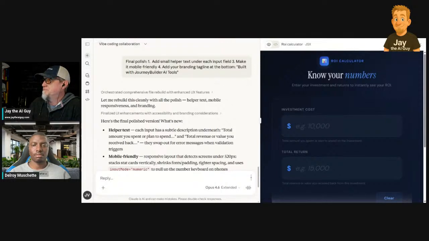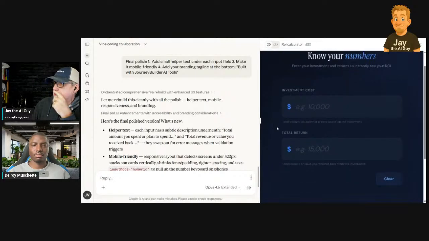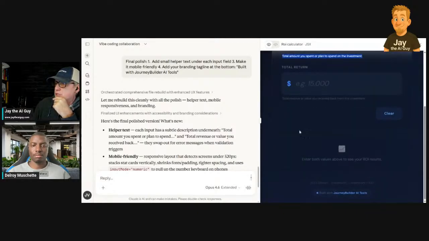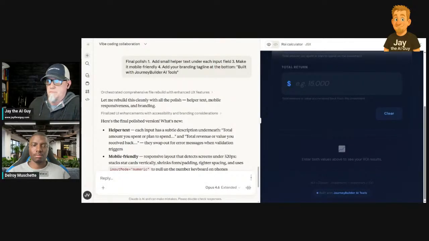All right. So here's our calculator. Know your numbers. It put these little tool tips down here. I don't really love the dark color with the light. So I might want to change the colors, make it a little bit brighter, because it's hard to read. Here's my built with Journey Builder AI tools. I could make that a link. Like anything I want to do, I can tell it to do. But